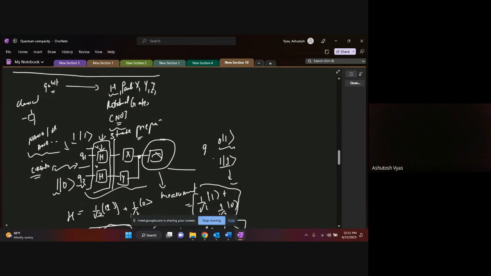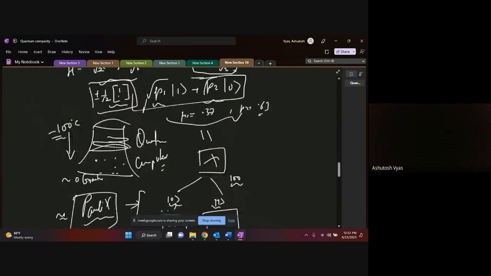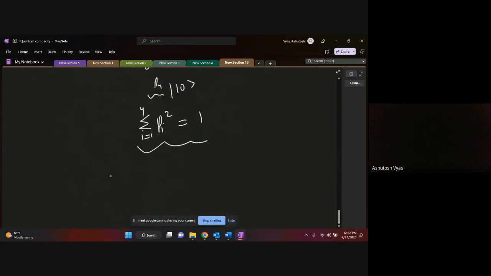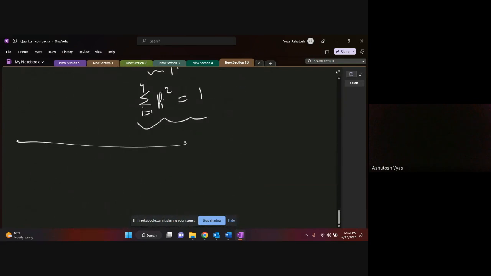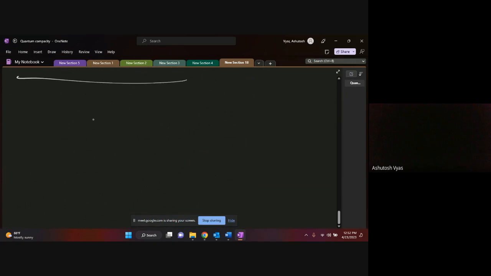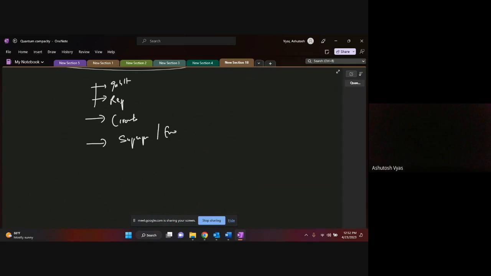This particular operation which we performed here is called an entanglement operation, and that is a quick overview of what entanglement looks like. So now we have understood what qubits are, how these qubits are represented, and how you create circuits using them. We've also seen concepts like superposition and entanglement. I've just given a quick overview of all these things.